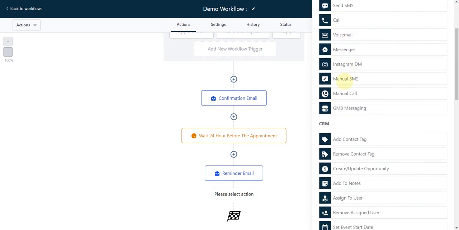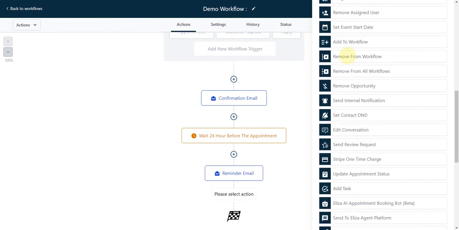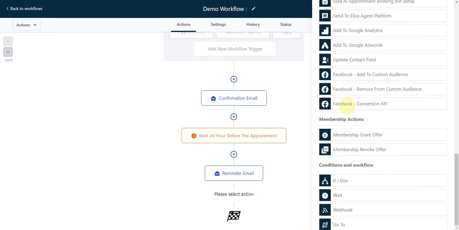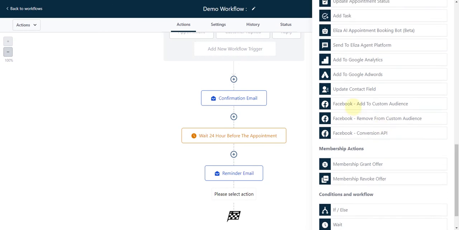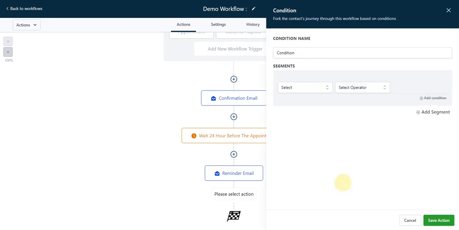Here you'll see a list of actions you can add, such as sending an email or SMS, a manual call, adding or removing a tag, and more. Many of these you may have seen within the Triggers or Campaigns section in your system already. One feature I'd like to point out is the if-else condition. This is an important feature that will allow you to create different paths or chains of events depending on specific